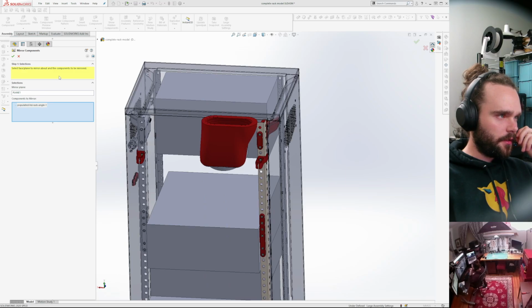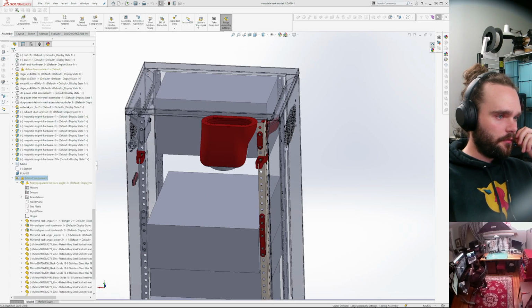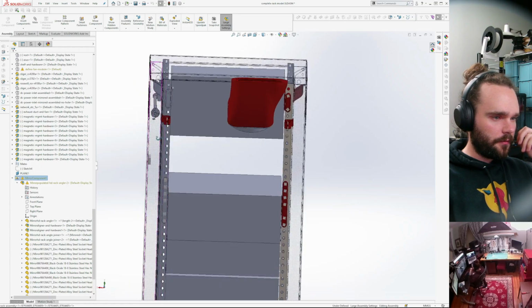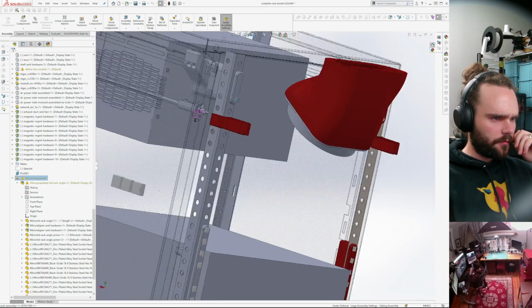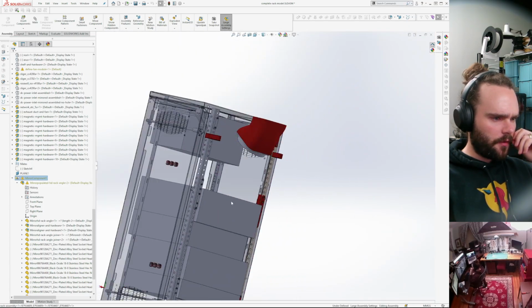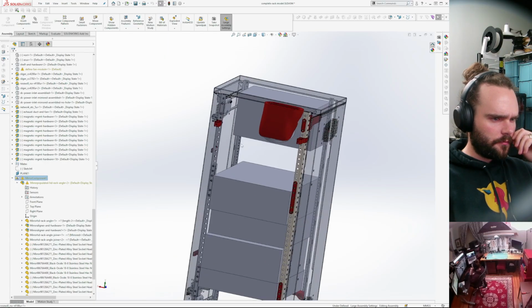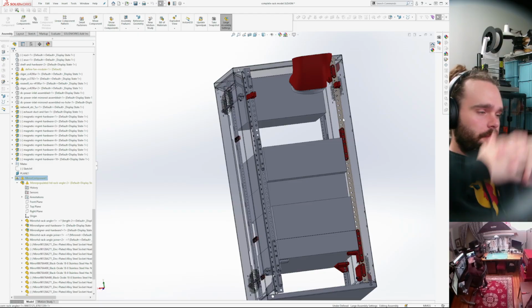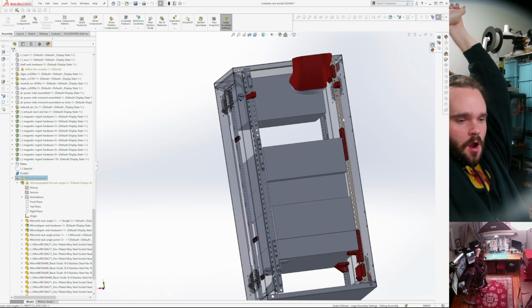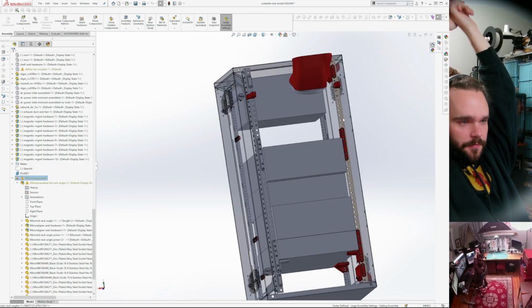If I run this again? Oh, nice. Okay. If I just rebuild the feature, it works. Of course. Yeah, I'm busy out here. Working on a lot of stuff.